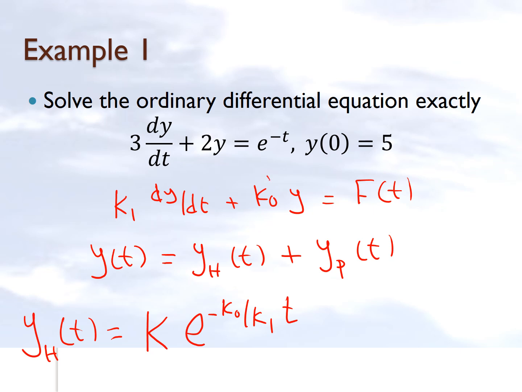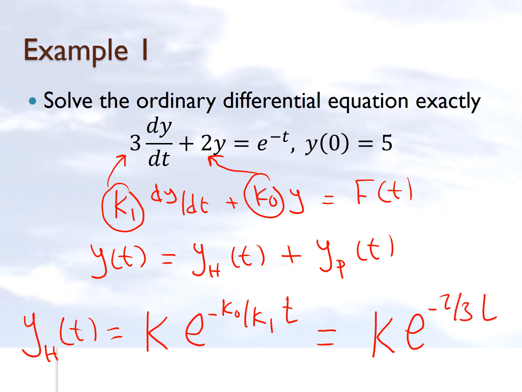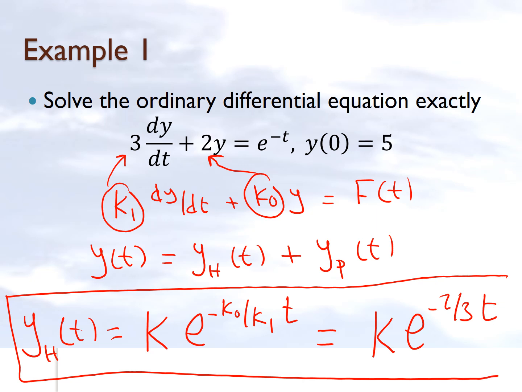By comparison, you can see that k0 is equal to 2 and k1 is equal to 3, and as a result, our homogeneous solution is equal to k e^(-2/3 t), and k here is a constant that we need to solve for using the initial condition, as we're going to see later. So now we have the proposed solution for the homogeneous part. For the particular part